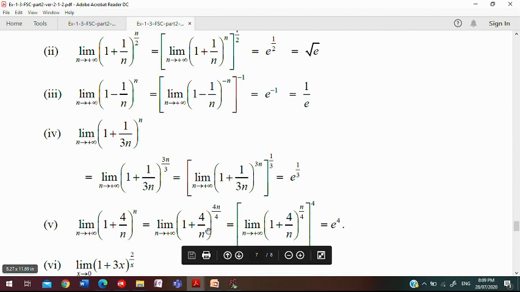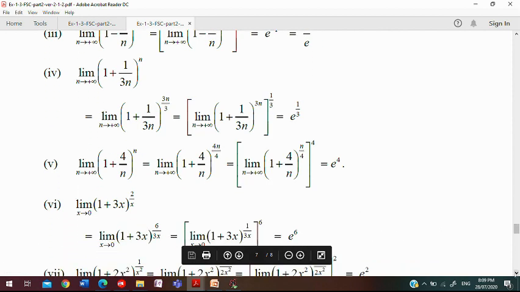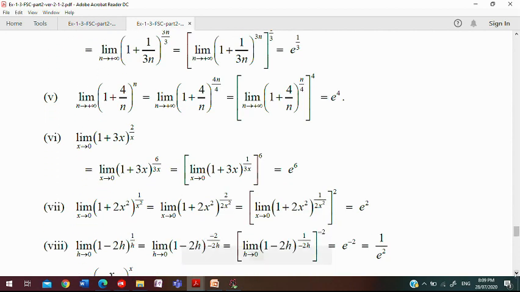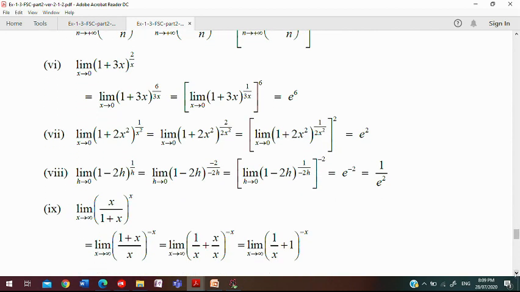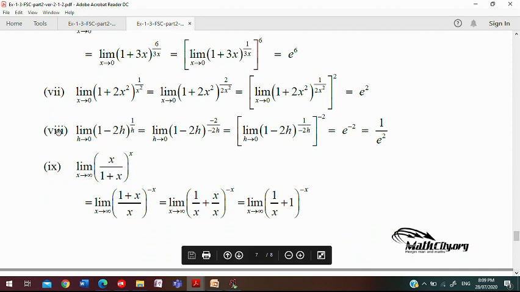You can see it's also the same one. Fourth, fifth, sixth, seventh, these parts are all the same. In this part again we have a negative sign between the two terms, so by doing the same type of calculation we have used the theorem in this part also.